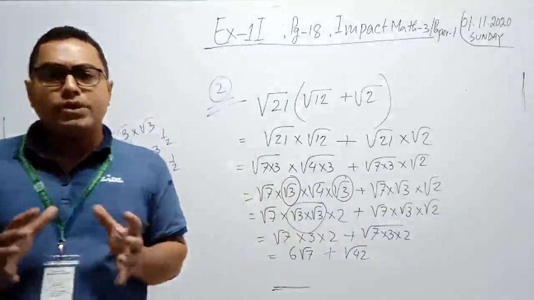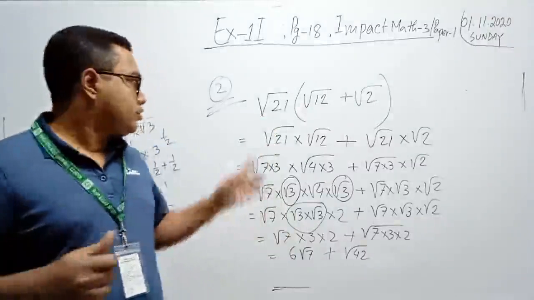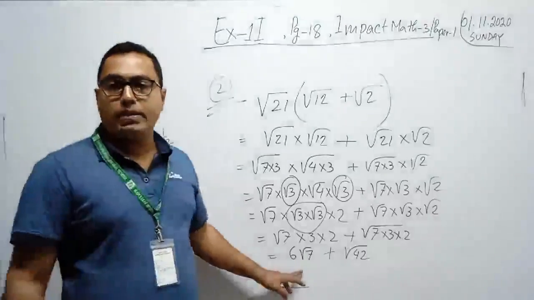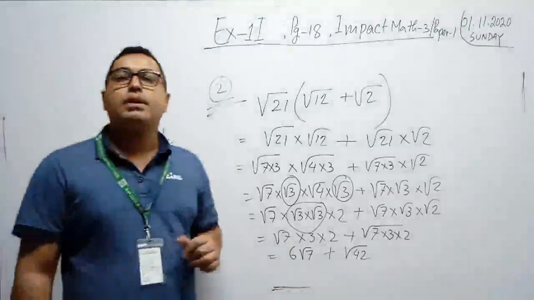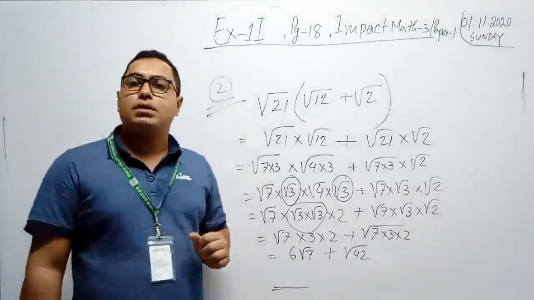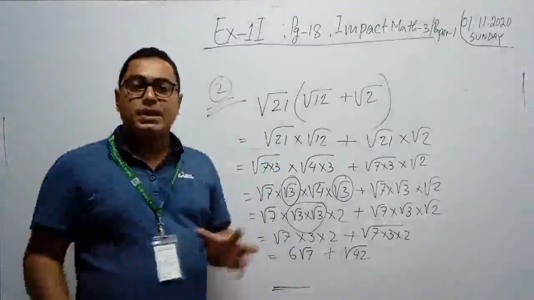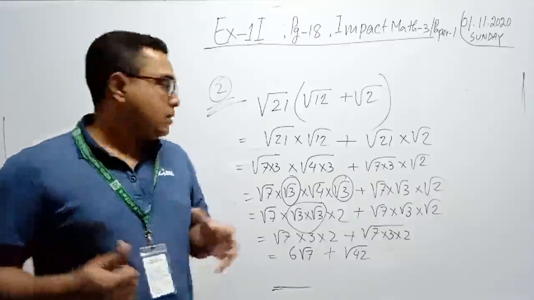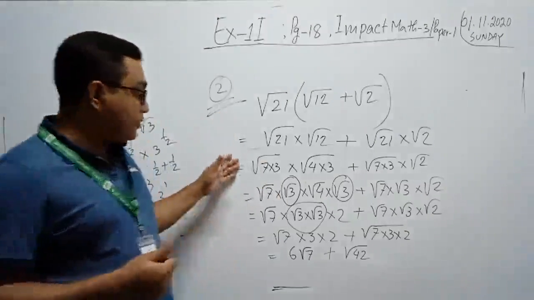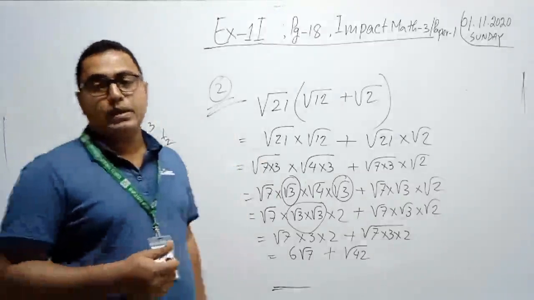So you can use your calculator to check the answer whether it is right or wrong. But for this type of math, you must show some calculation, because you need to know the steps, how we simplify it. But it is not mandatory that you follow each step I'm writing here. But you need to know